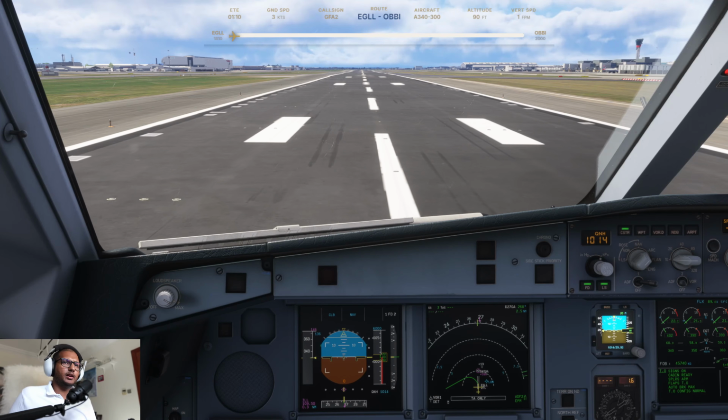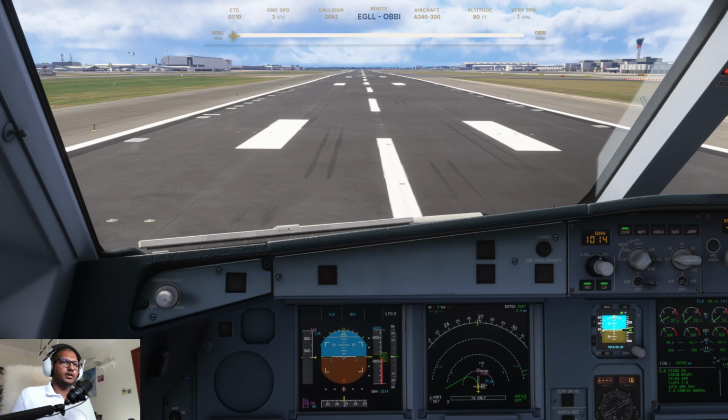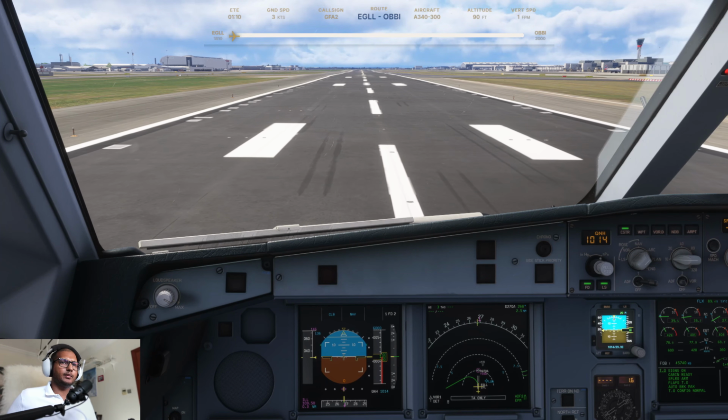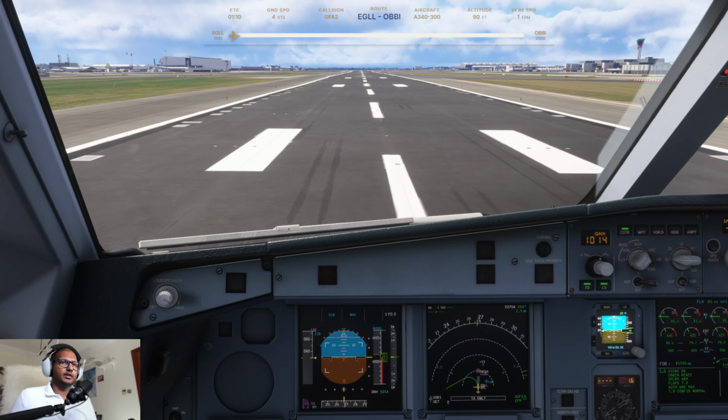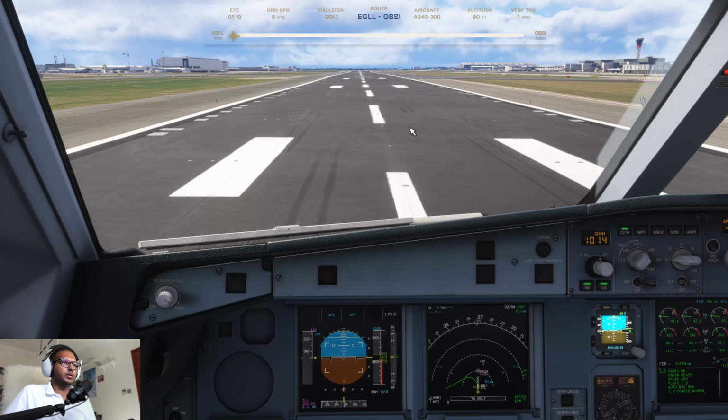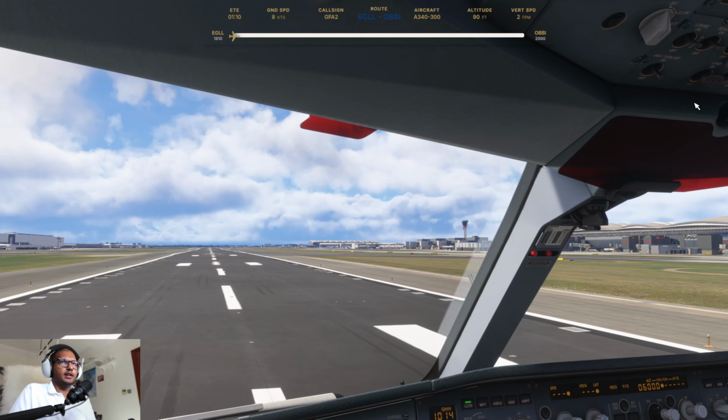Alright, good wind, we are clear for takeoff. Runway 27 left. My hands aren't big enough to hit all the throttles at once. There they go. Landing lights on, and